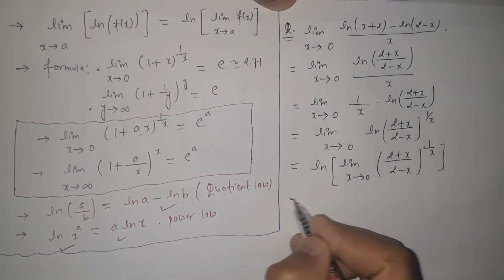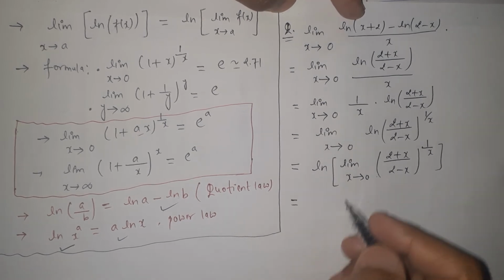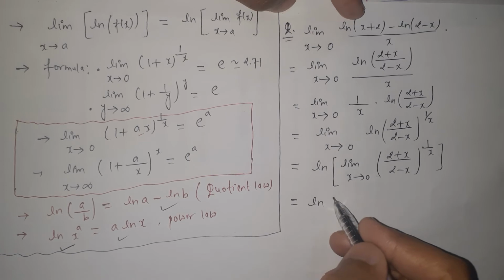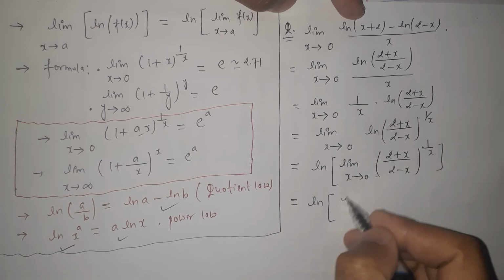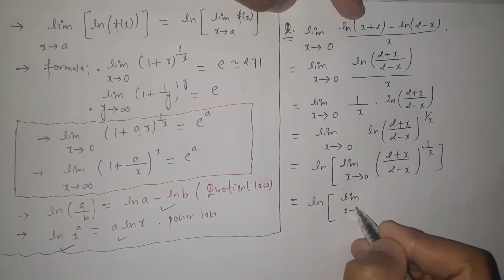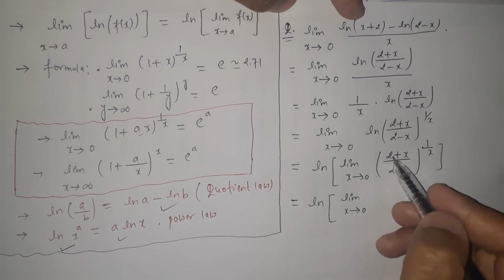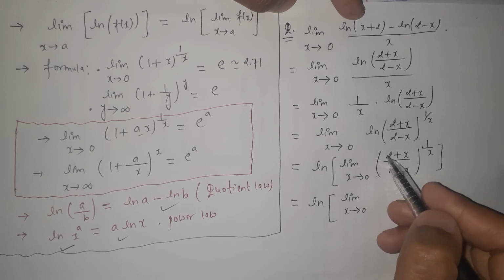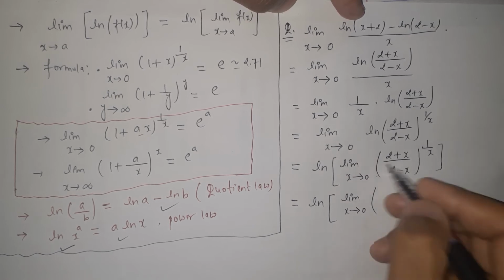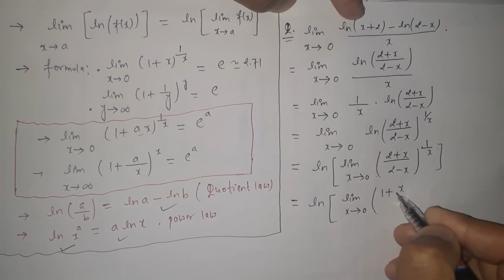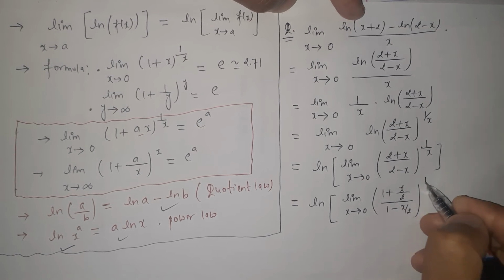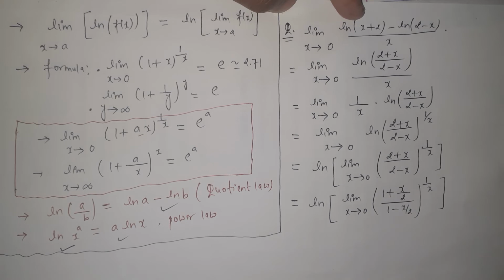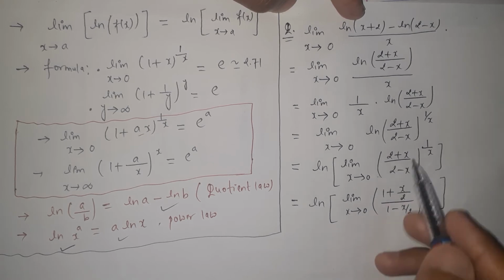Here we do the same task, and let's find out the limit. Ln of, here inside this expression, let's solve it. Limit as x approaches 0. In these fractions, let's take 2 as a common factor from both numerator and denominator. If we take 2 as common, this can be written as 1 plus x over 2 over 1 minus x over 2, raised to the power 1 over x. Here we just take 2 common and then cancel it out.